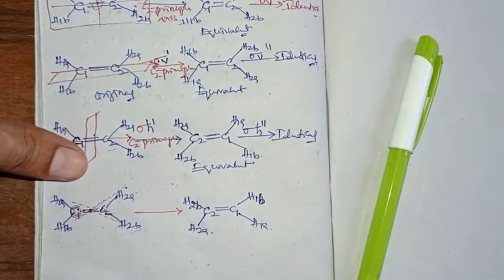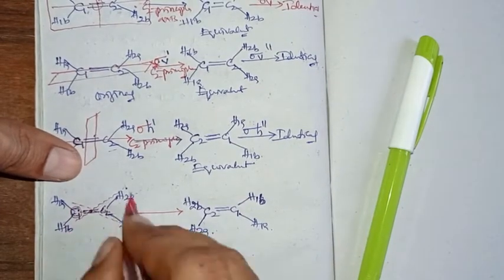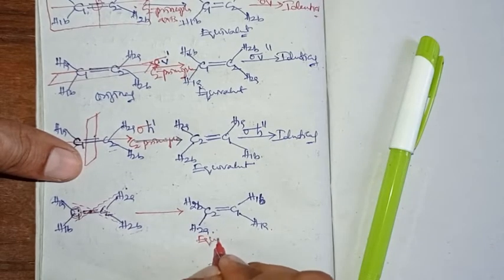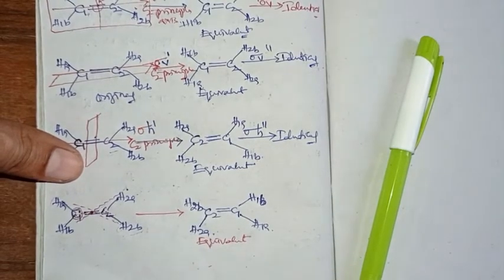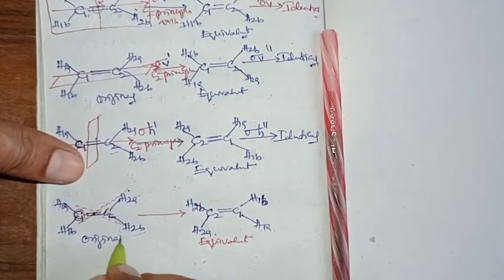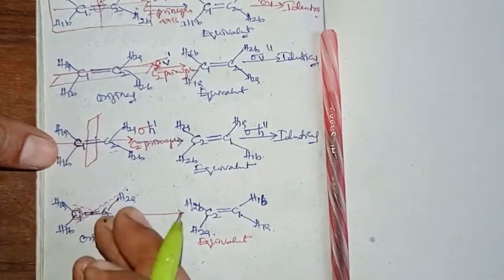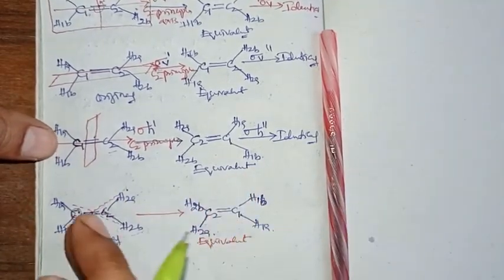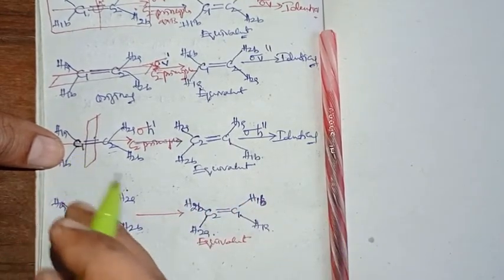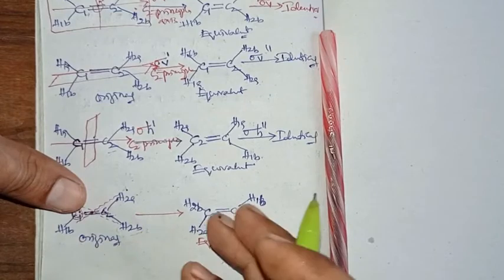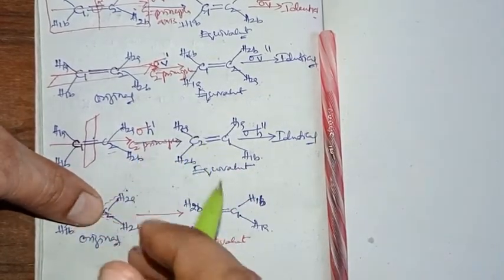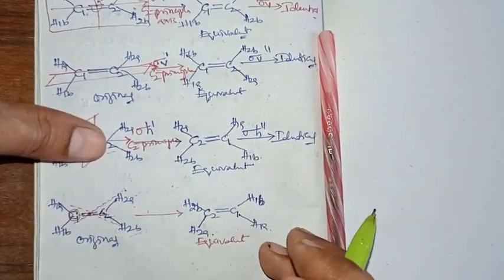where in the generated configuration, similar carbons and similar hydrogens are replaced with each other. So far the generated configuration is an equivalent configuration, right? So even if we compare with the original, it will be the generated configuration only, right? Left side one planar molecule, this is also a planar molecule, left side carbon, right side carbon, above hydrogen, below hydrogen for the left side carbon. Here also for the left side carbon, above below hydrogens, for the right side also above below hydrogens.